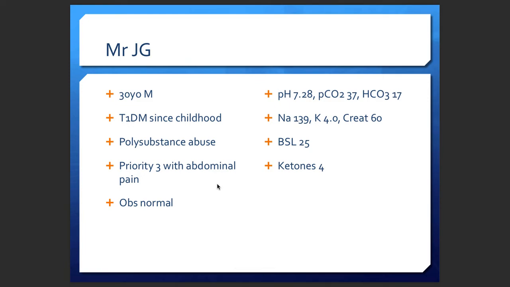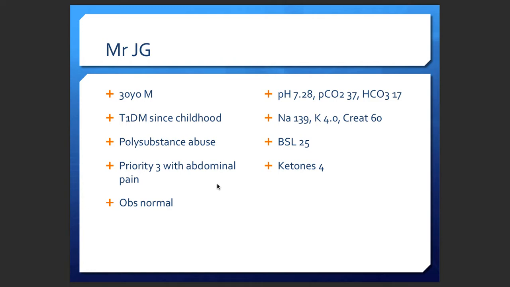So this is another patient as well. You can have a look at the history. So what do you think once you look at this? This is a 30-year-old male patient, a known type 1 diabetic. He has a history of polysubstance abuse as well, and he's coming